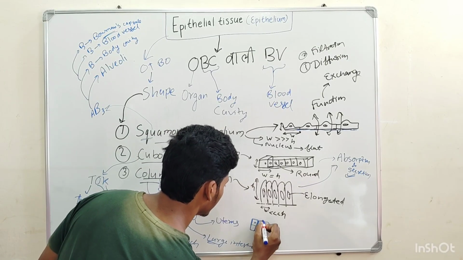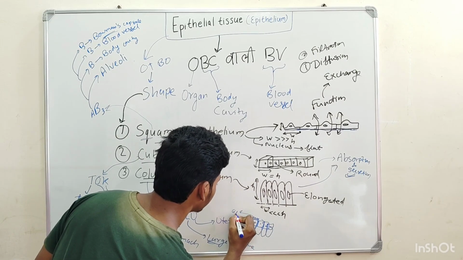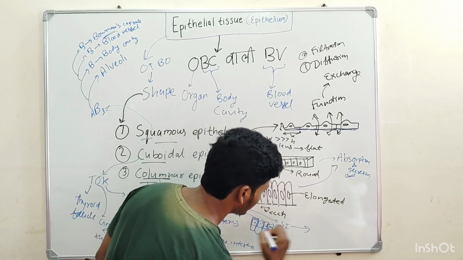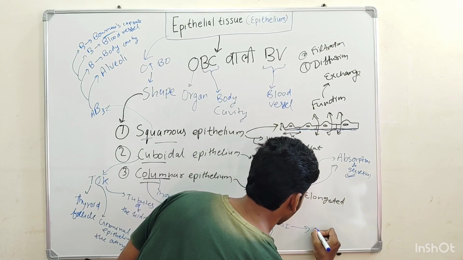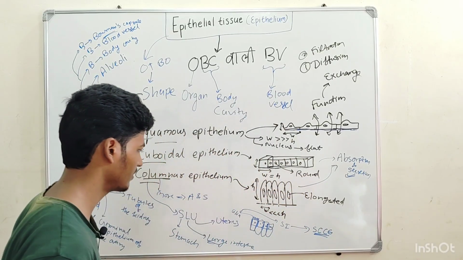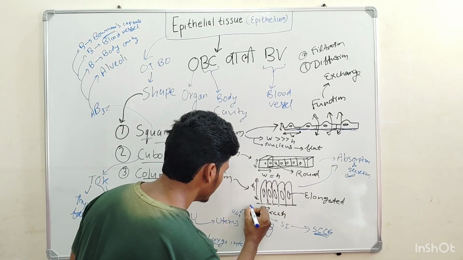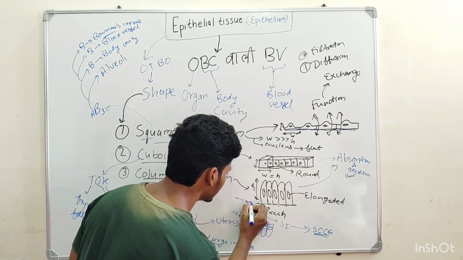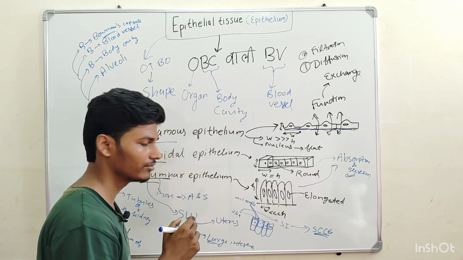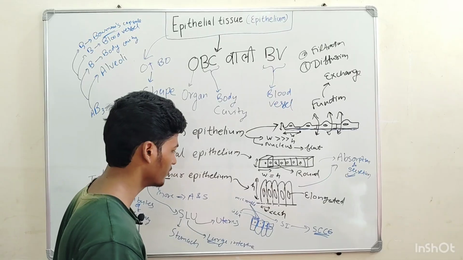It is columnar, and the plasma membrane has cilia. So that's why the small intestine is lined by simple columnar ciliated epithelium, and that small structure is microvilli. It is called microvilli. It is a surface projection that helps in increasing the surface area, so absorption of food occurs in a better way.